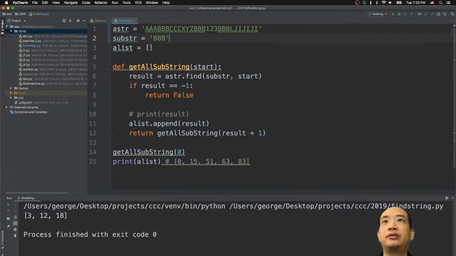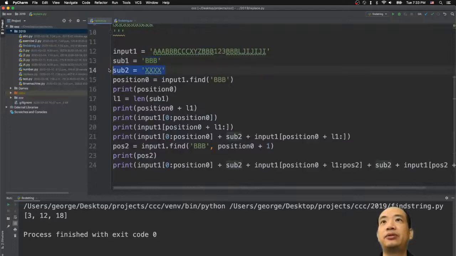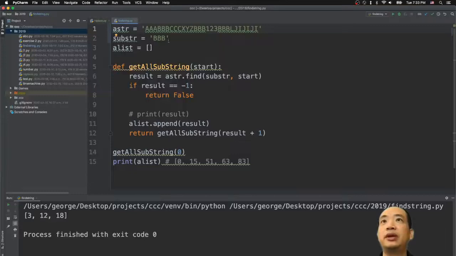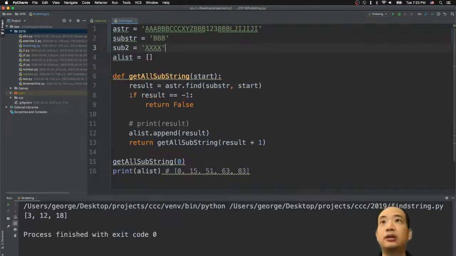3, 12, 18. So I want to replace the substring with the new substring, like sub2, and I copy it here, and I go back to here, and I put the substring 2. So think about that. If you got all these positions, what you need to do is replace them, like replace the first one. How am I going to replace the first one if I already know